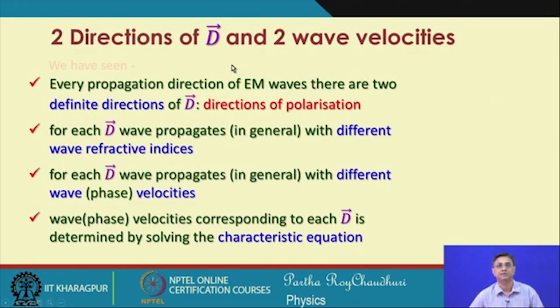So, the two directions of d and two wave velocities. This we have seen that for every propagation direction of electromagnetic waves, there are two definite directions of d, and these are the directions of polarization. Now, for each d the wave propagates in general with different wave refractive indices. Since the wave propagates with different wave refractive indices,